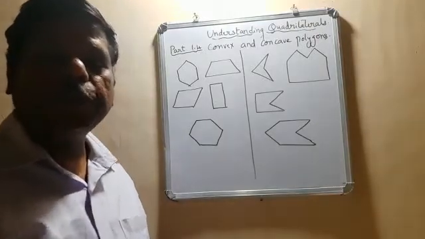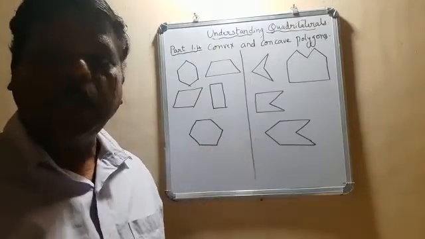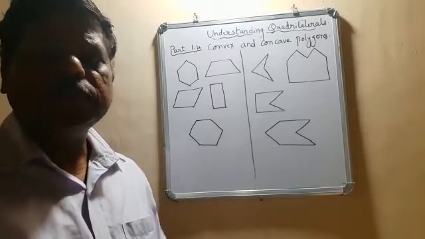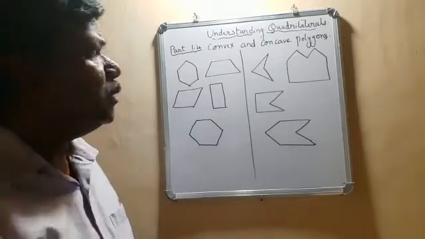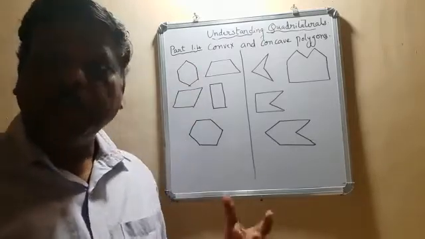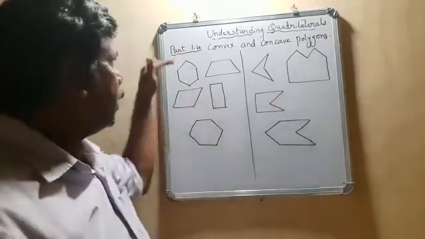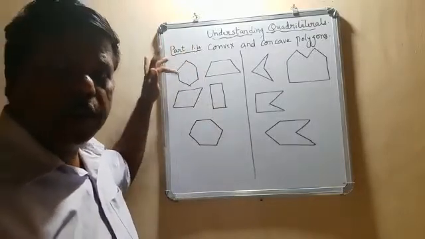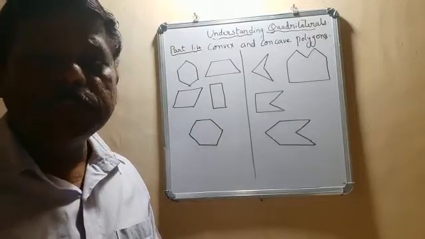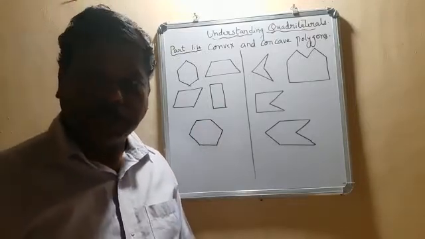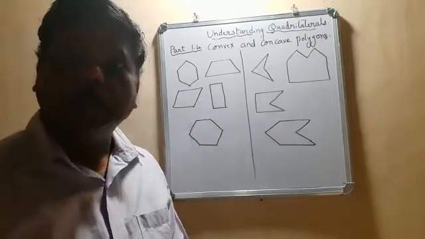So today we are going to see the next part, what is called convex polygons and concave polygons. So what is a convex polygon and what is the meaning of a concave polygon? In convex polygons, we have polygons which are having all the points properly fixed. If we join any two alternate points, the line joining these alternate points, that is the diagonal, will be in the interior region of the given polygon.